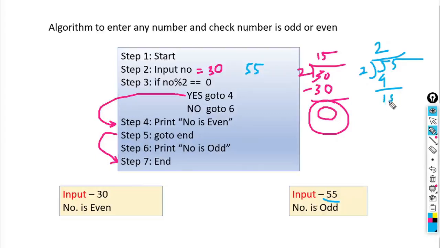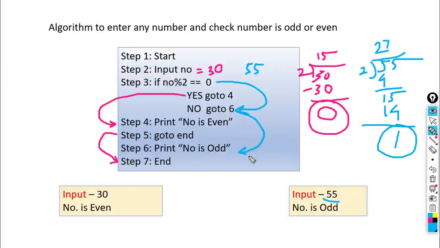Again 5, 2 7s are 14. So what is the remainder here? 1. So it will check whether this remainder is 0 or not. This remainder is not 0. So where it will take your control is, if it is no, go to line number 6. So it will print number is odd and then end.